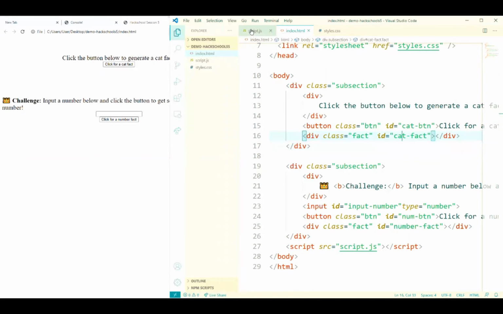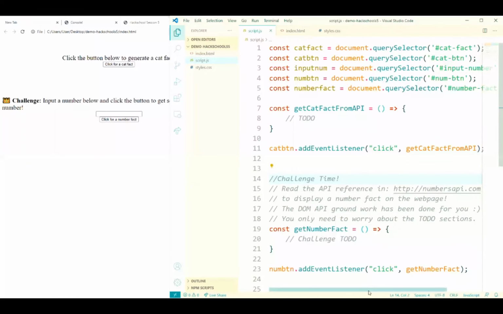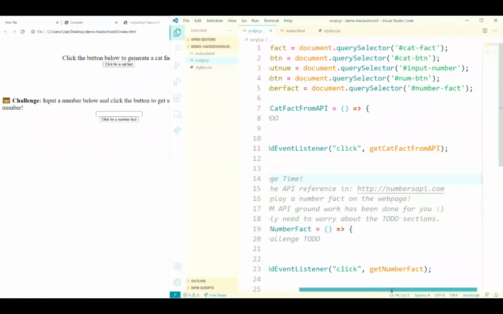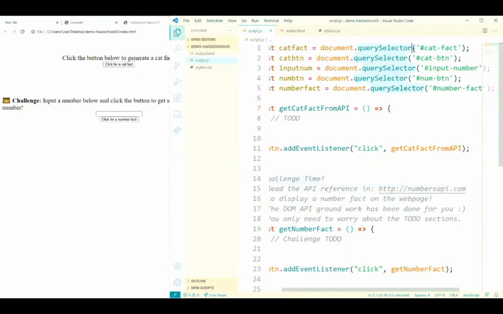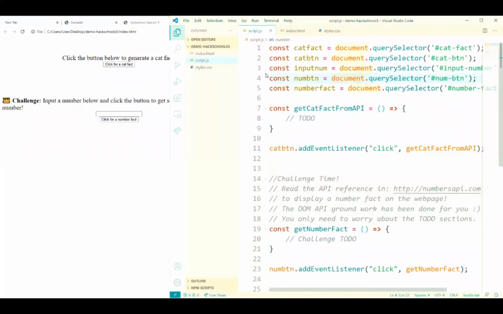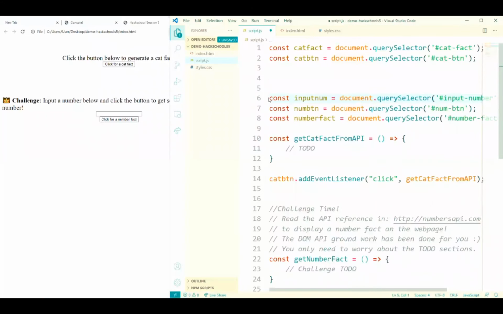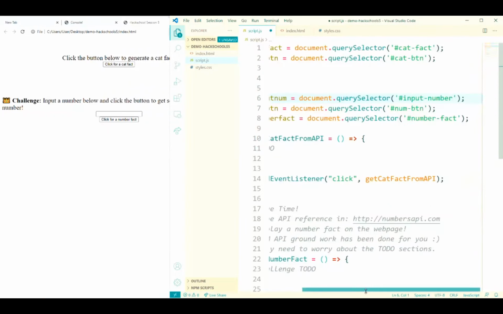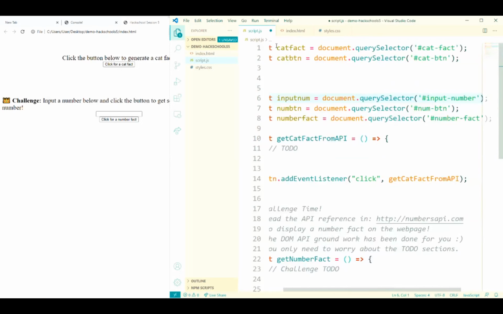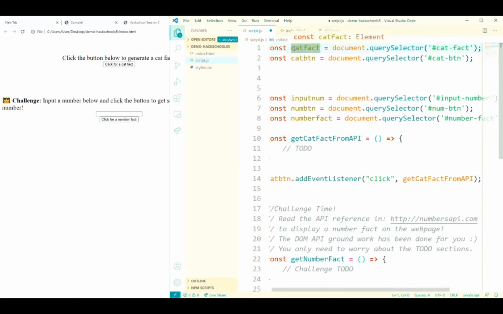In our script.js, notice that we also included our script.js here. In it we have what should be pretty familiar to you: query selectors. Don't worry about these 3 lines; we need to worry about these 2 lines. We created a variable called cat fact, and we've selected it using the ID cat fact.